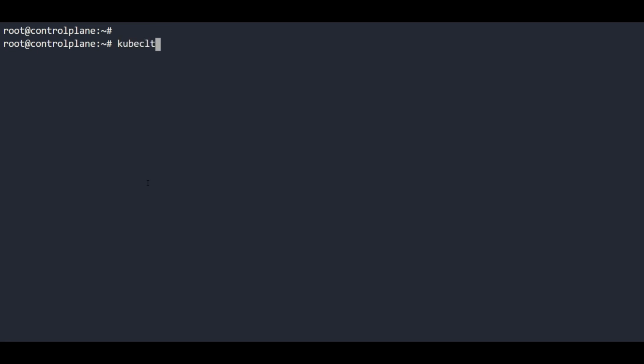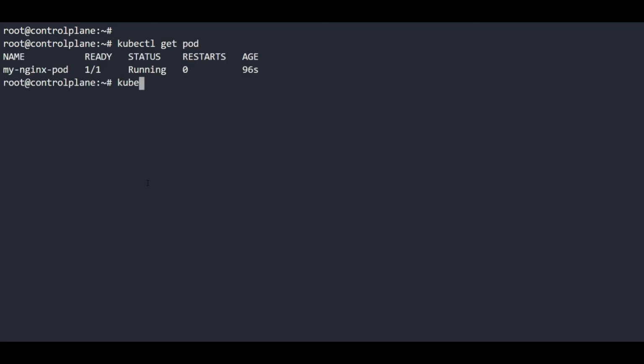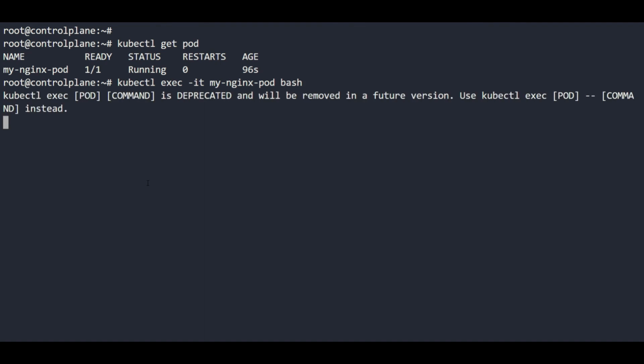So kubectl get pod. This is the pod. Now we are going inside this particular pod, the name of the pod and bash, as we are using the Nginx image.